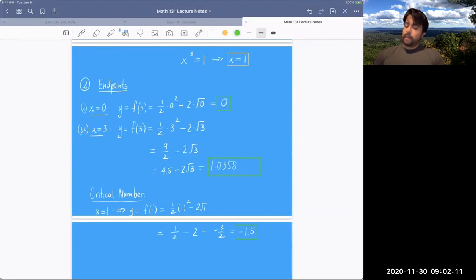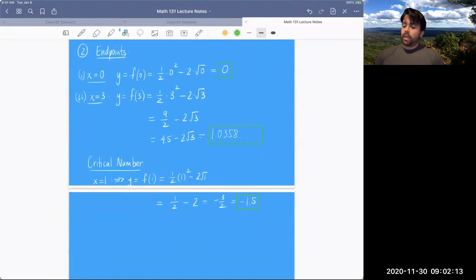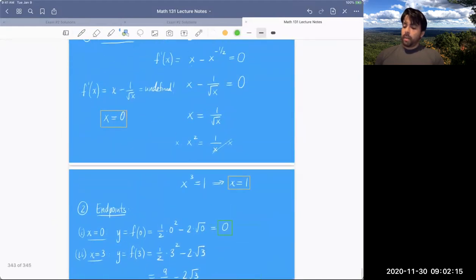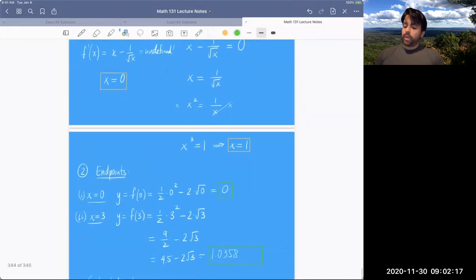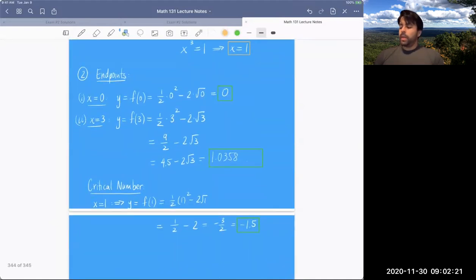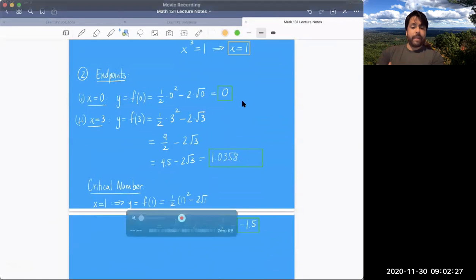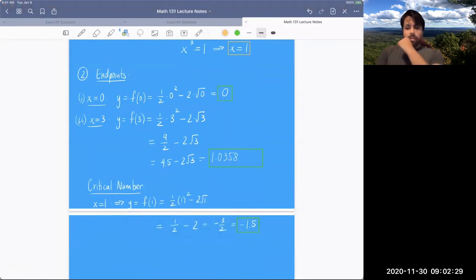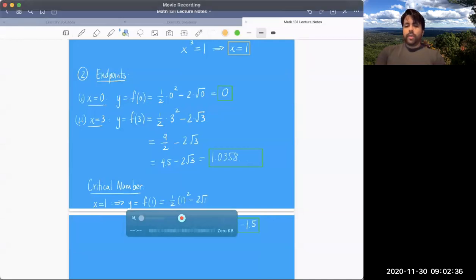Okay? And so then on this interval, all my x values and my critical numbers are within the interval. So we're good. So then what's the smallest and what's the biggest? The smallest is the smallest y value is